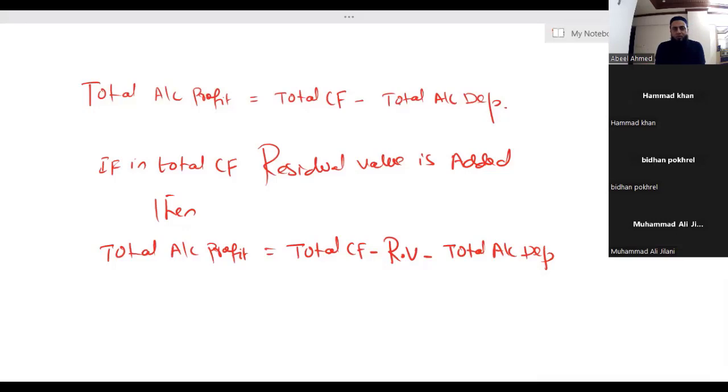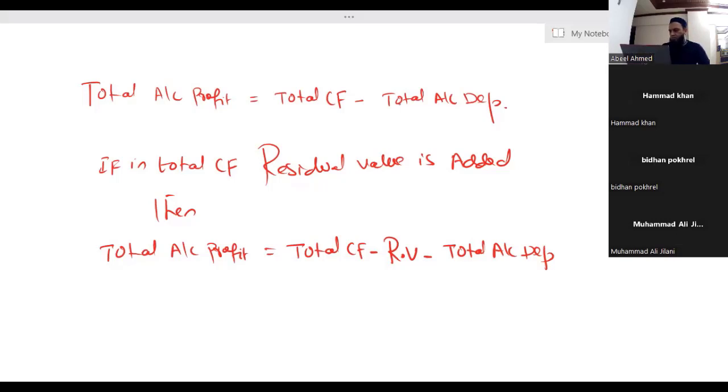Actually, residual value does not come into the income statement. So if your cash flows are including the impact of residual value, you have to deduct the residual value. That's what I want to say. Then for calculating total accounting profit from the cash flows, you will not only be deducting accounting depreciation, you will also be deducting the residual value. This thing is happening in our question. If you see the question of Malplash,